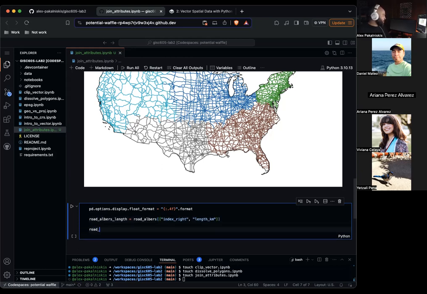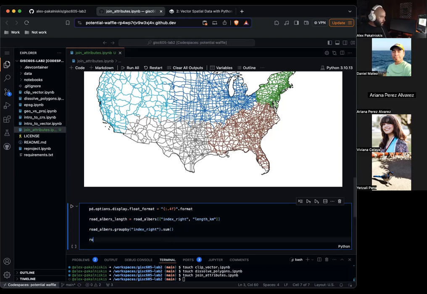Now let's do roads_albers.groupby index_right .sum. And then roads_albers RD length equals roads_albers.length.